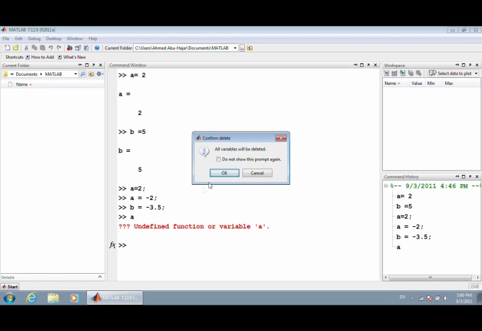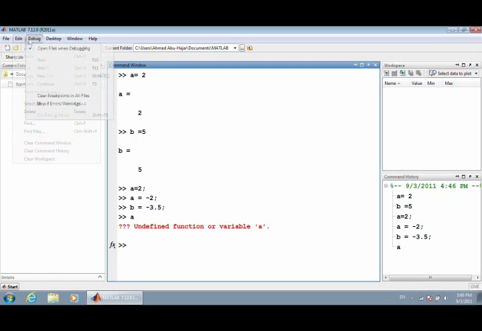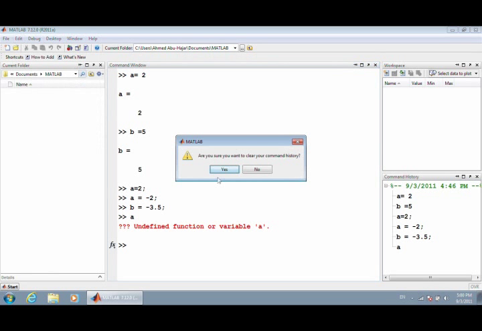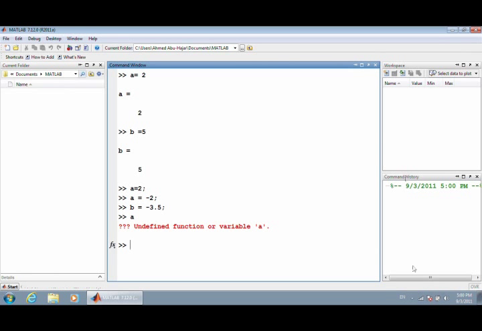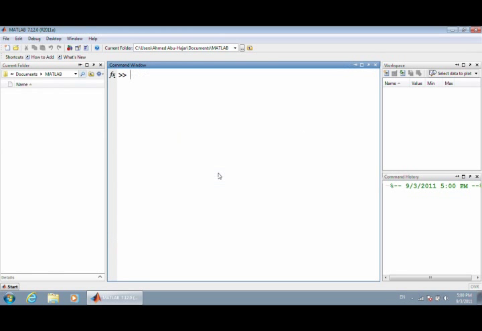Clear workspace, yes. And then I'm going to also clear the command history, yes. Then I don't have any command history here, you see it is cleared. And then finally I will clear the command window, and now I have a new window. So let's start all over again, and now what we are going to learn is how we can use